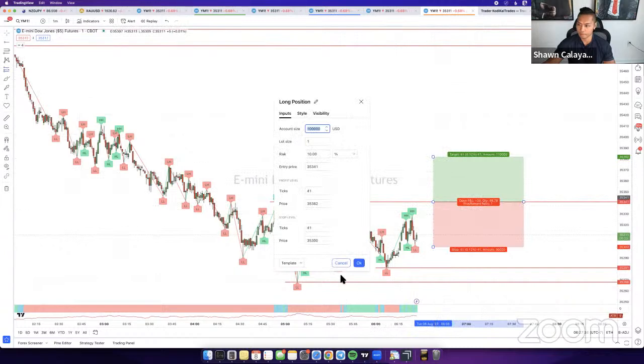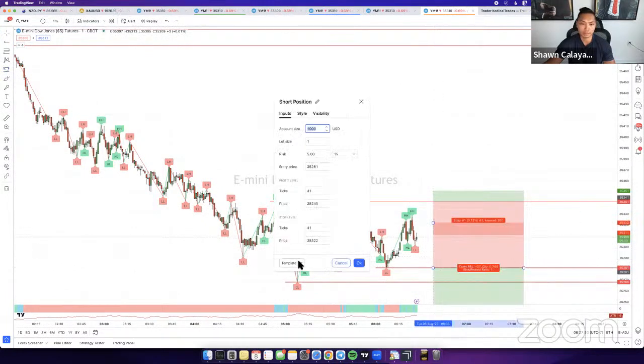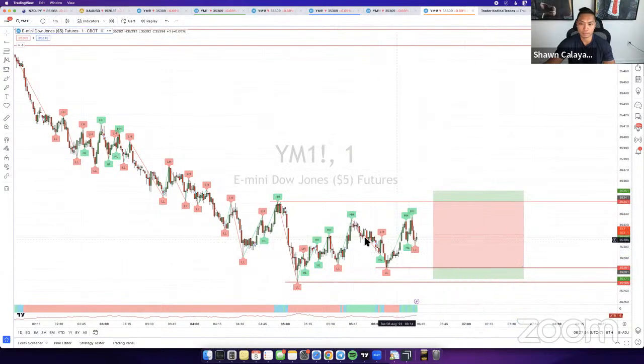So Martha asked about this yesterday. Let me see if Martha's here right now. Yeah, so Martha asked about this yesterday. She was asking, when would I go for a 100 pip TP or 300 pip TP? These are low level liquidities right here. I'll have to look at bias, but for the most part, these are low level. So I probably only go for 100 pips at these levels right here.